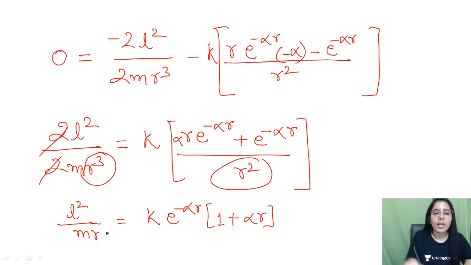So if I want to get the r value, let's say r is equal to what? r is equal to r naught. So I can start putting r equal to r naught at all the points and expressions, because we will consider that r equal to r naught is what? That's going to be the equilibrium point. So that's why you can just consider r equal to r naught, and everywhere you can put r equal to r naught simply. Done. And this is the expression you have got till this point.